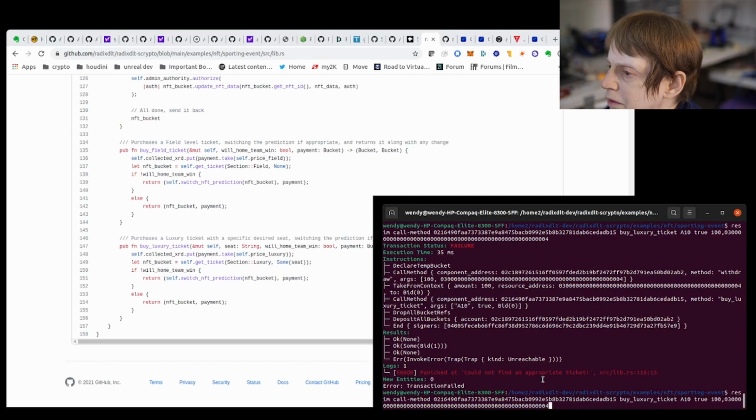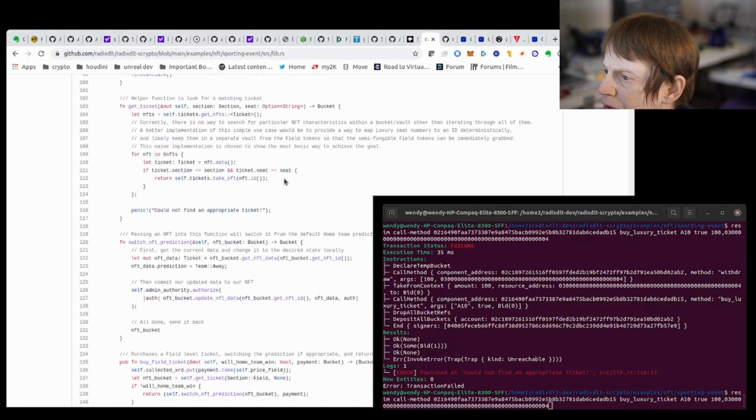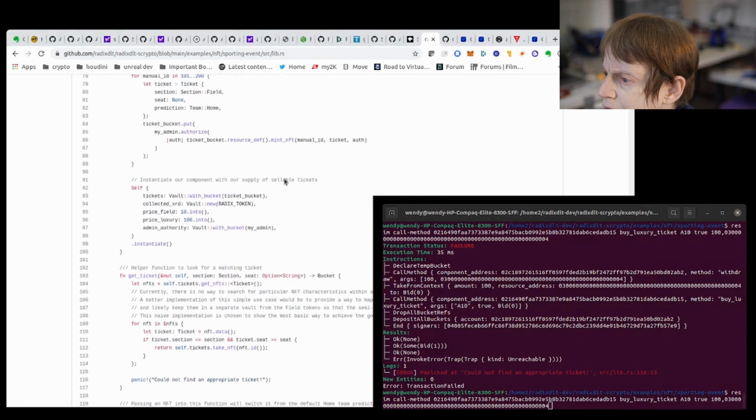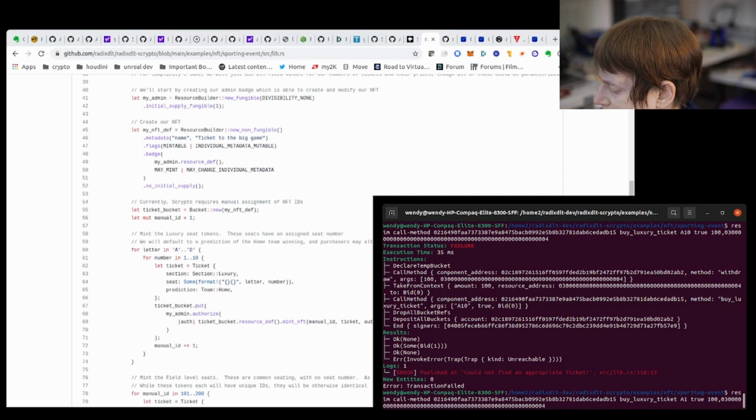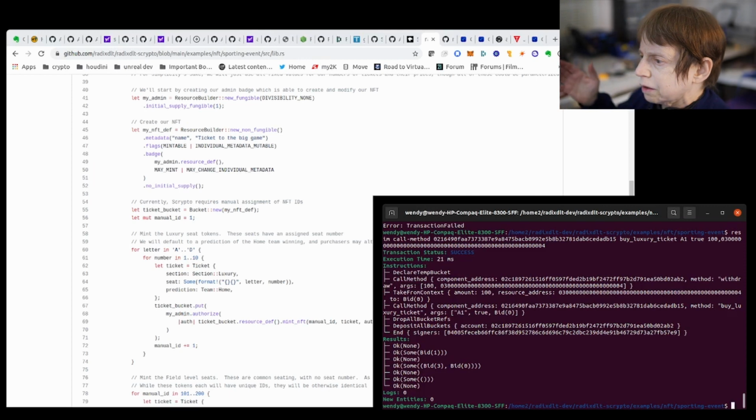For some reason, I would have thought, looking at the code, where you can see it's creating luxury tickets here, A through D, for number 1 and 10, so that should be A. Well, let's try A1, see if that works.